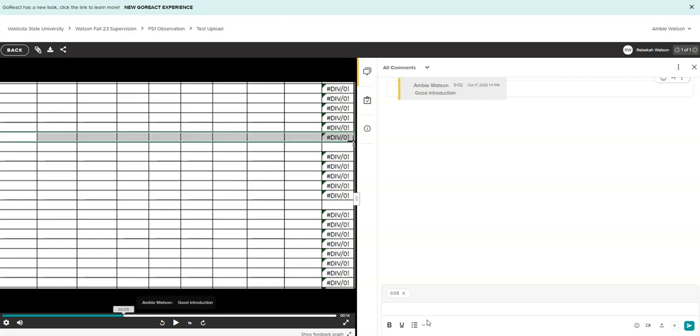So then here I want to say, work on transitions, or whatever feedback you want to give the students. It'll stop it and give them that feedback in real time so they can see exactly where they need to work on something, or something that they did that was really good that they need to continue to do. And again, once you hit enter, it'll start playing again until you type something else, and that's going to pause